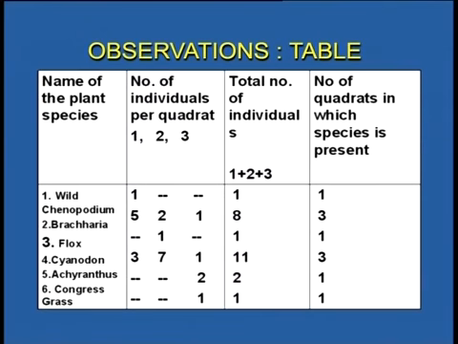Third plant species, Phlox plant, it was present 1 in number and was only in the second quadrant. Cynodon grass was 11 in number and it was also present in all the 3 quadrants. Achyranthes plant was 2 in number and it was present only in 1 quadrant. And in the last, Congress grass was only 1 plant and it was also present